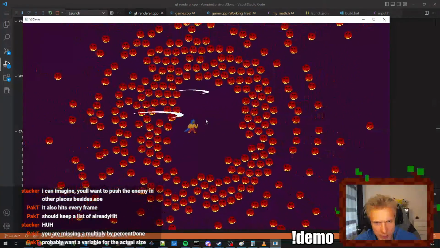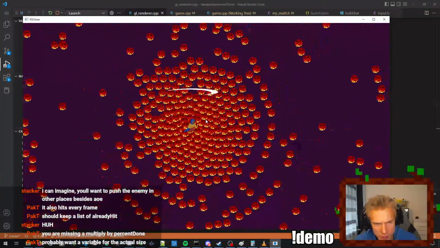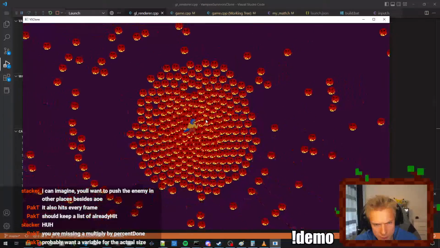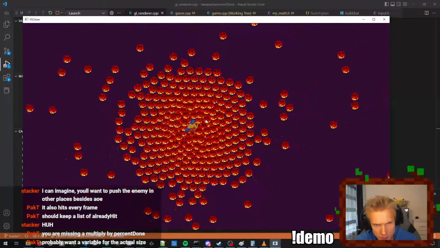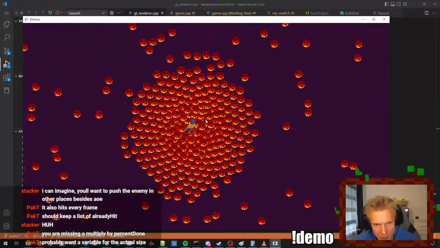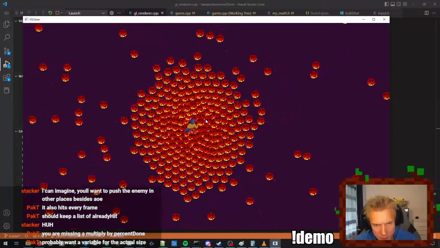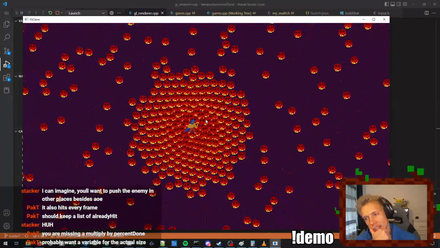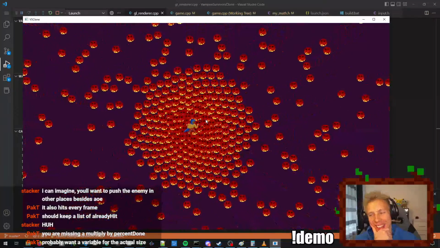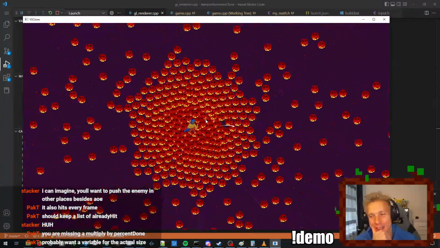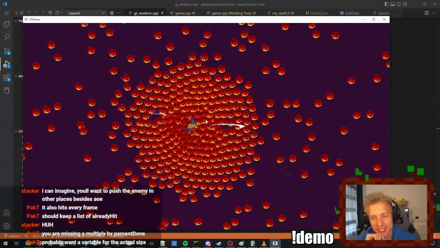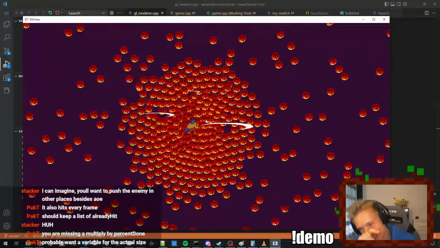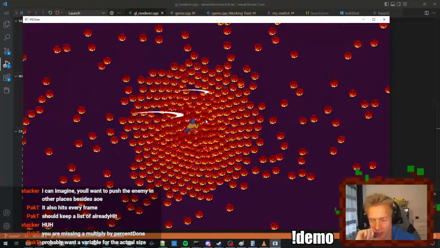Still doesn't hit them. It's too small. It only hits like a very small area. Get collider. Easy. Area.